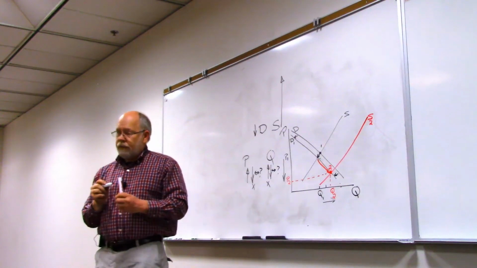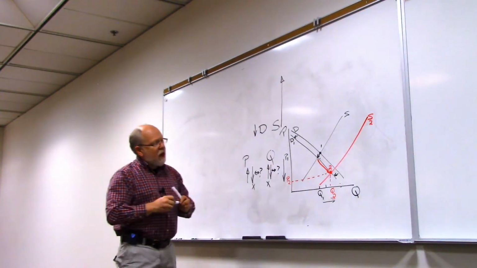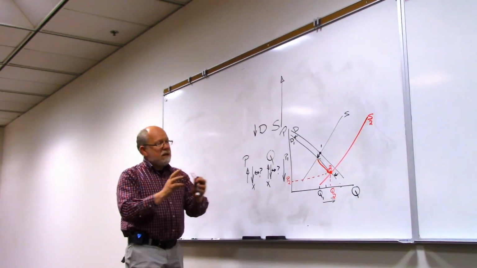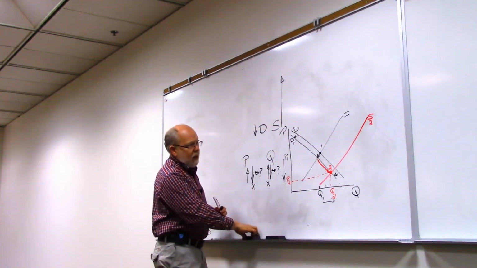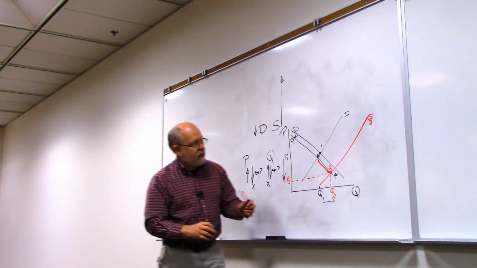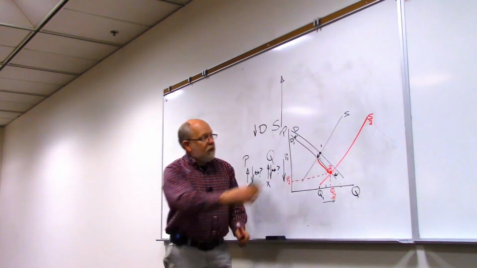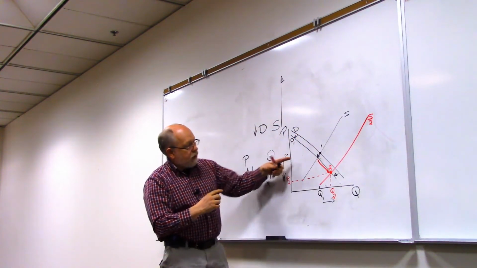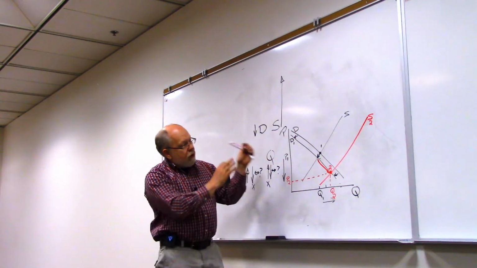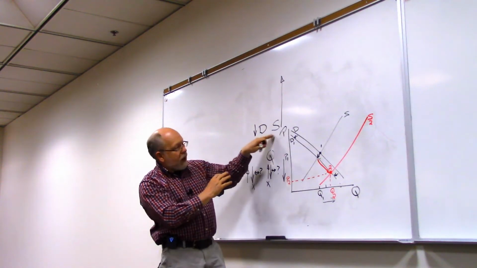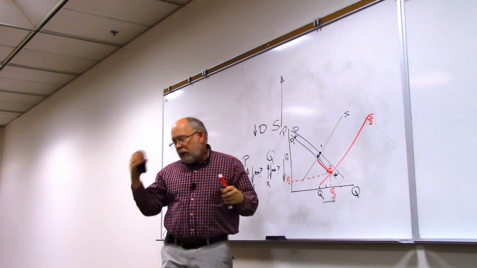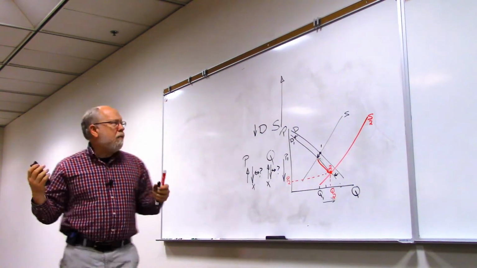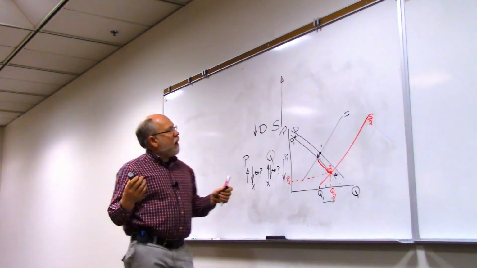So far so good? Now once you're getting the hang of this, we can make it just a little bit more complicated, but this is the basic idea. You start off with the initial demand and supply, and that's point 1. So you get a P1 and a Q1. Then you move both curves, whichever way we have to move them. Now in a word problem, how would this go? Let's say we've got